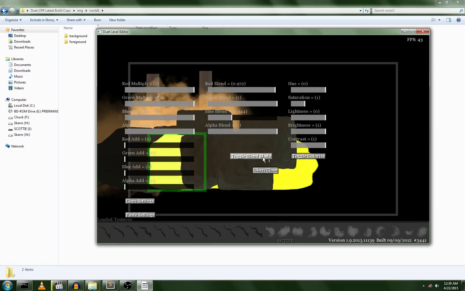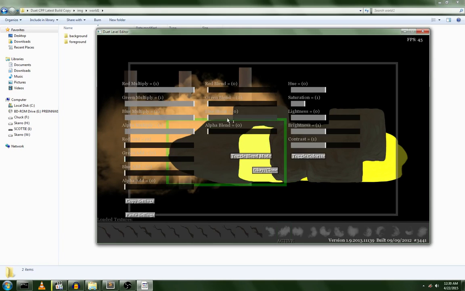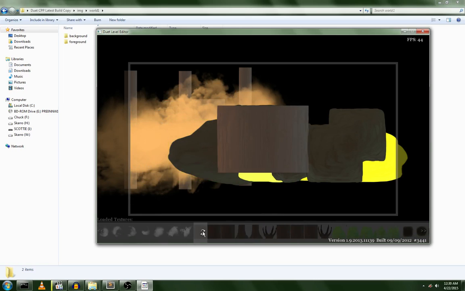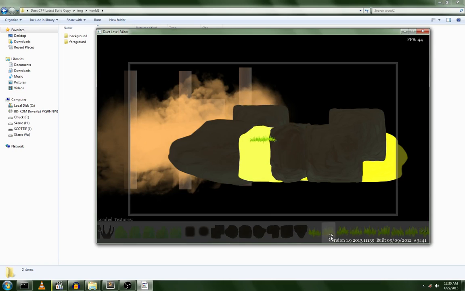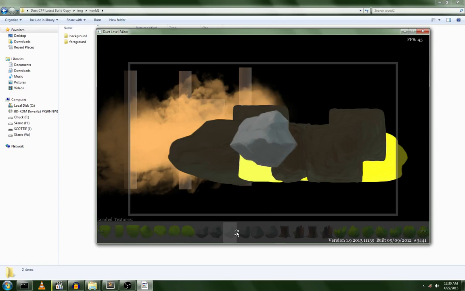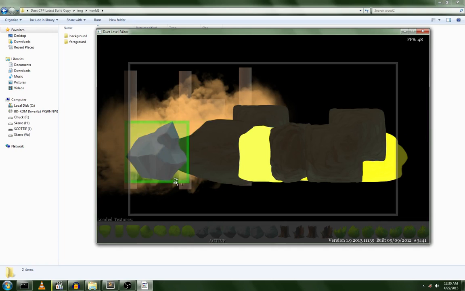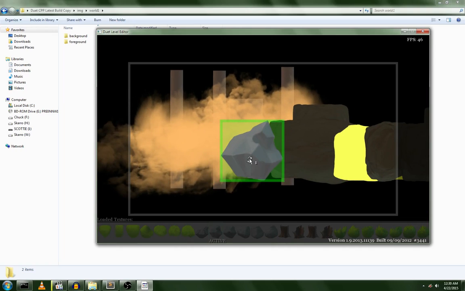Like this is, for example, in many situations you might not want to actually multiply a color to get the color or add a color to get a color. You may just want a flat color like red, like an orange color, and blend a little bit into it. This seems like it wouldn't be useful generally, but it's useful for things like atmospheric effects. So say I might have, let's pick something with a little more definition to it, I suppose. One of these rocks should be good. So say I had this rock,